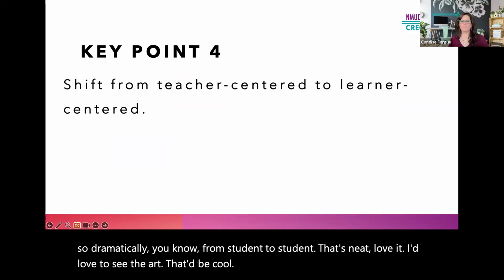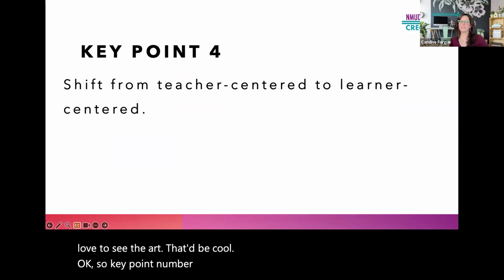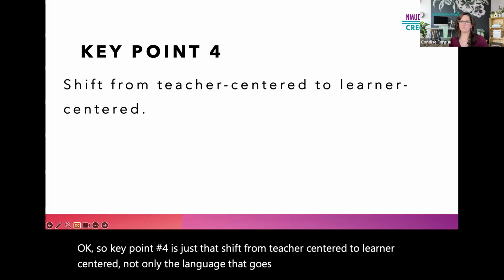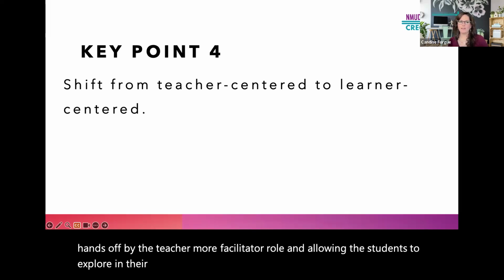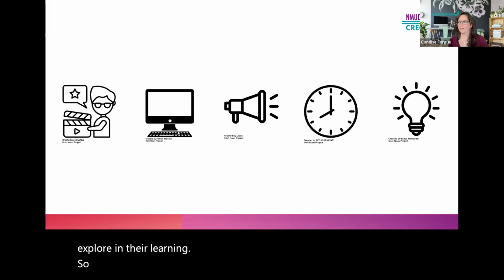Okay, so key point number 4 is just that shift from teacher-centered to learner-centered. Not only the language that goes along with it, but the actual hands-off by the teacher, more facilitator role, and allowing the students to explore in their learning. So one of the examples we have is